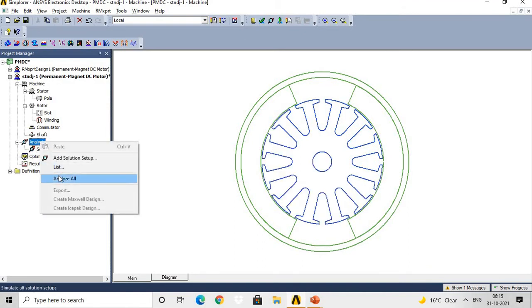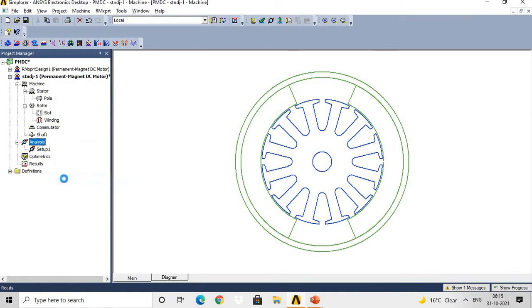For that purpose, you need to right click on the analysis option and click on analyze all, so that the analysis will start. Right now the analysis has started and the progress will be shown here.